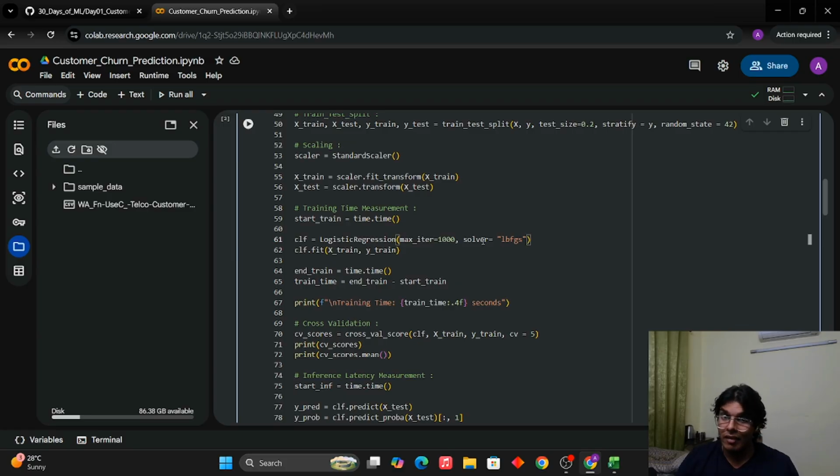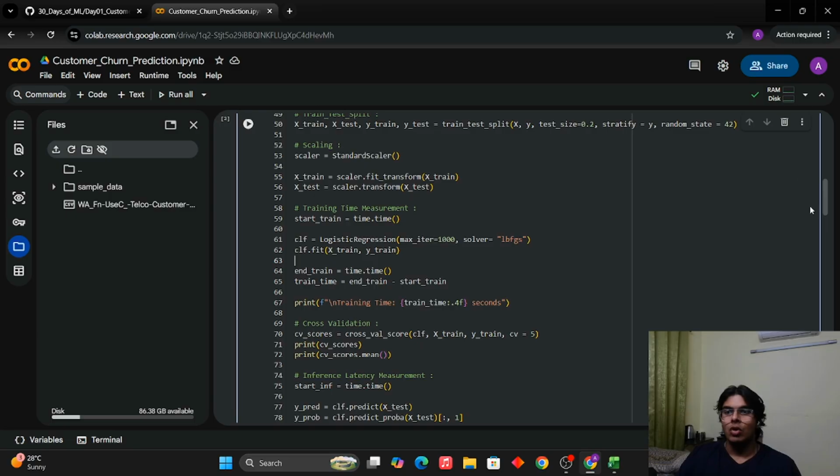If this solver is taken away, it would result in no changes. Why? Because when we train a logistic regression model, LBFGS is the solver by default. And if we again don't specify the max iterations here, the max iterations are 100 by default. So this is pretty good. Then we train the model by fitting it on the training data, X train and Y train, with an 80-20 split. This is the end train, basically the ending time at which the model stops training. This is useful to calculate the training time that we want.